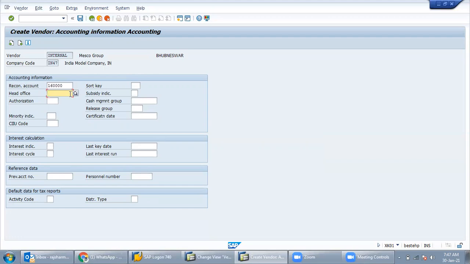The book of account will become very long, around 100 or 200 pages, for a book of account only. So to avoid that type of problem in the book of account, we have created a reconciliation account. All vendors come under this reconciliation account. For each account group type, we have created a reconciliation account.